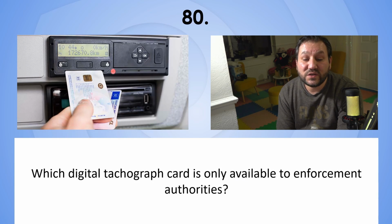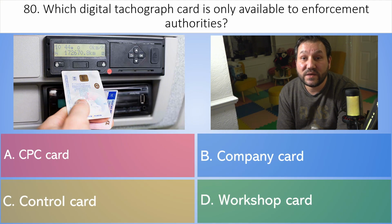80. Which digital tachograph card is only available to enforcement authorities? A. A CPC card. B. A company card. C. A control card, or D. A workshop card? And the correct answer is